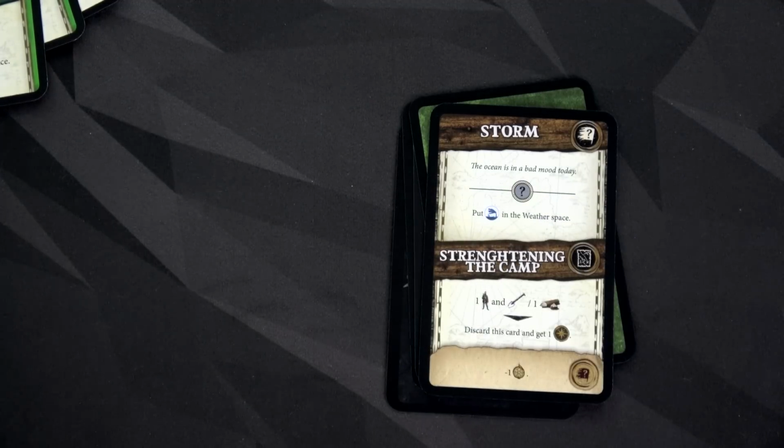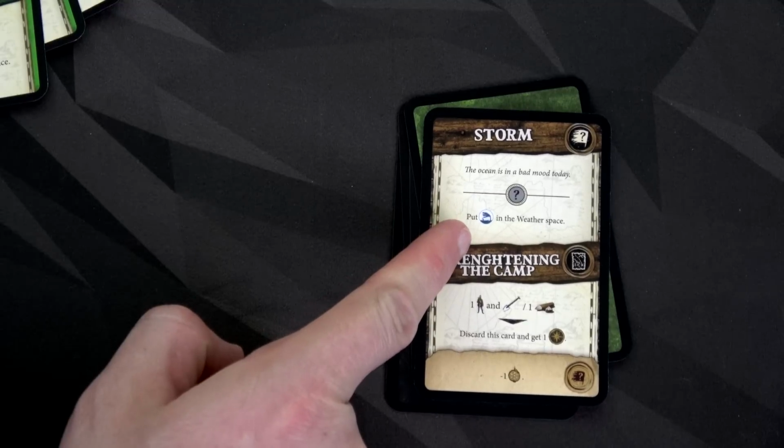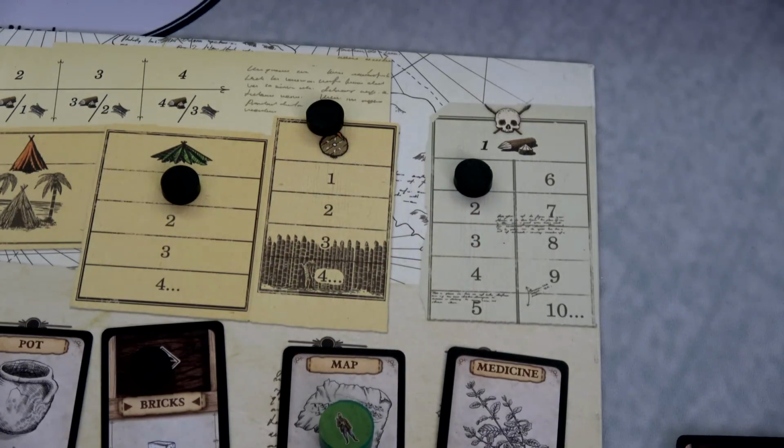When was the last time I gathered? The ocean is in a bad mood today. Ha! We only have 1 of those. We don't have to place another one of those tokens. So we already have a storm coming. We know it. Pushing our weapon down to a 1 really stinks though, especially because you're going to see what's